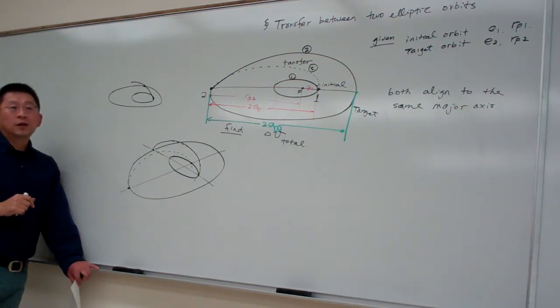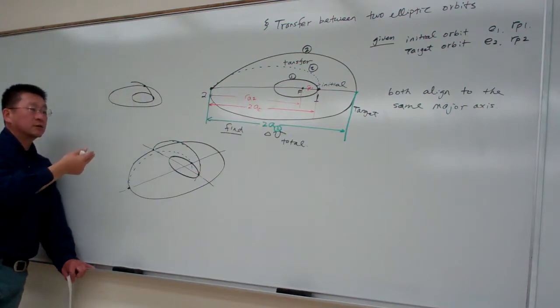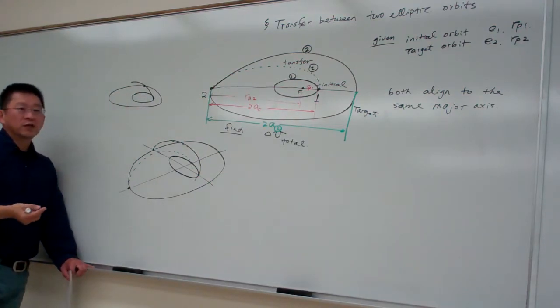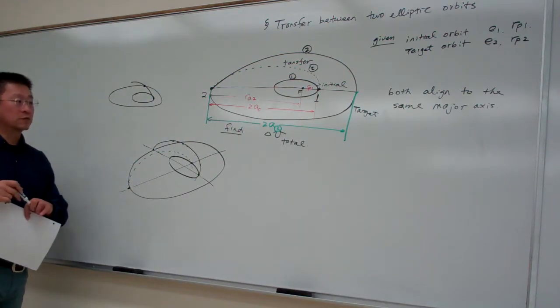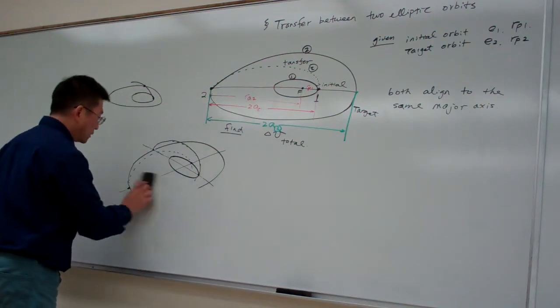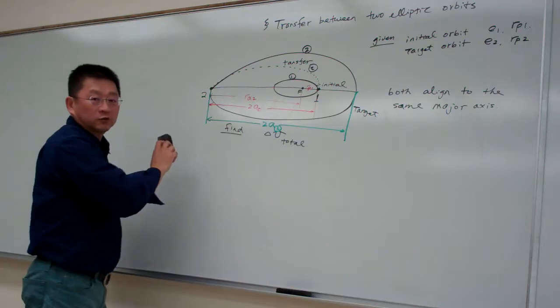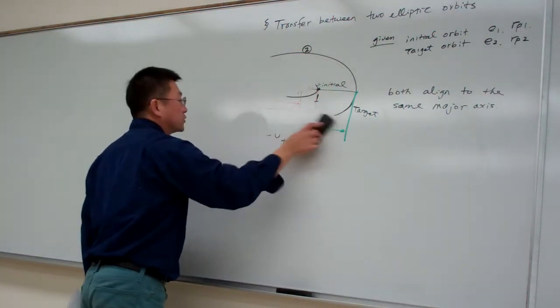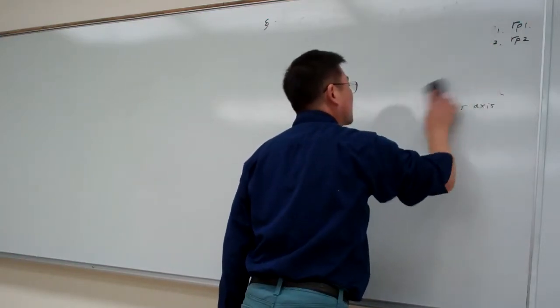And we will also have the out-of-plane transfer, which means if the initial orbit and target orbit are not in the same plane, they have inclination angles, then how can we do this? That is the remaining topic. We will probably go forward. Okay, so probably we'll go to the new sections, and these sections will deviate a little bit